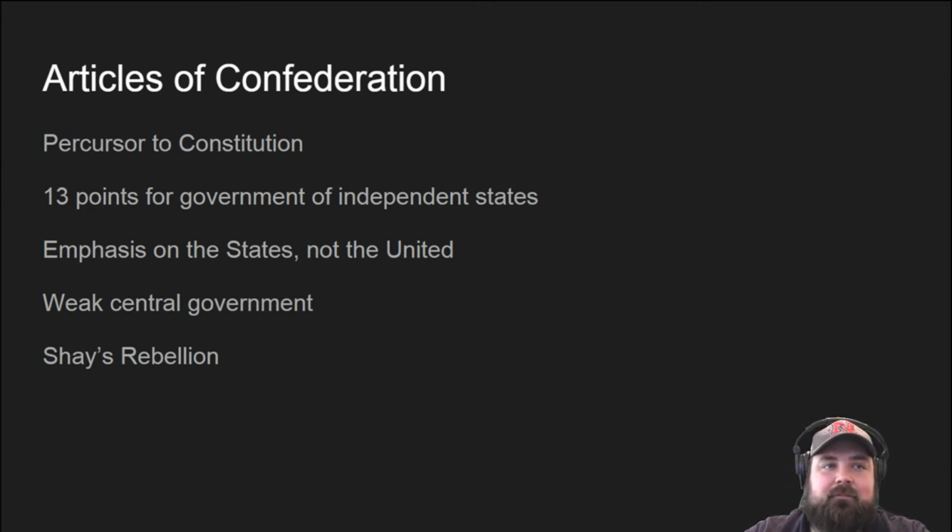But they immediately faced some severe political problems. You'll notice that I've got something up here that says Shays Rebellion. This could also say Whiskey Rebellion. There are two major rebellions that occur right off the bat in the creation of the Articles of Confederation. Shays Rebellion was created by a Massachusetts farmer by the name of Daniel Shays, who had been fighting in the War of Independence. He was a good soldier, but he didn't get paid for his work. And many other soldiers hadn't been paid as well.